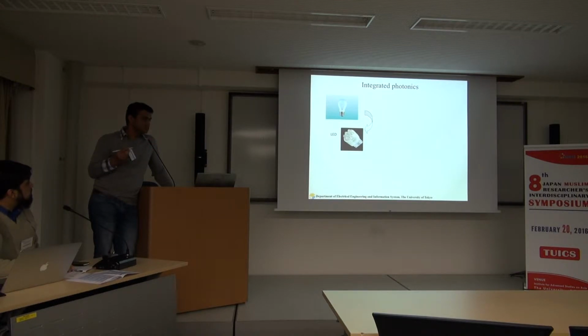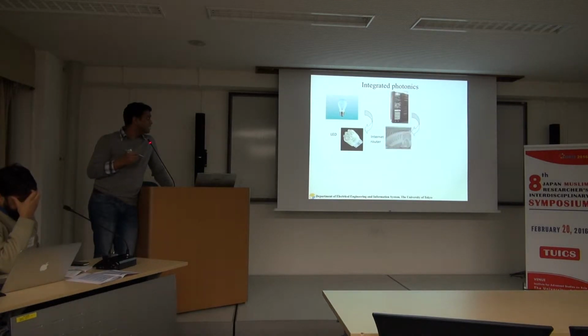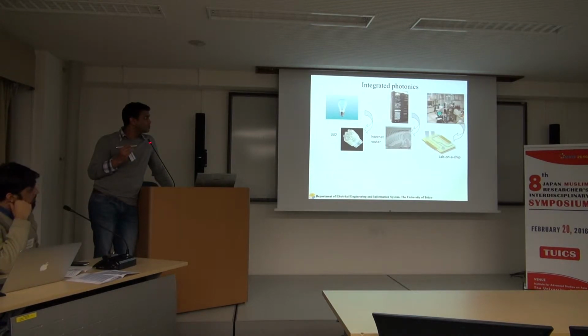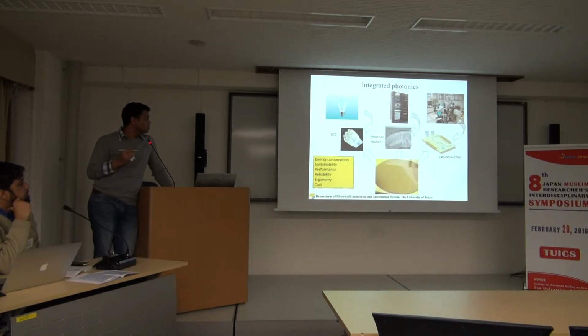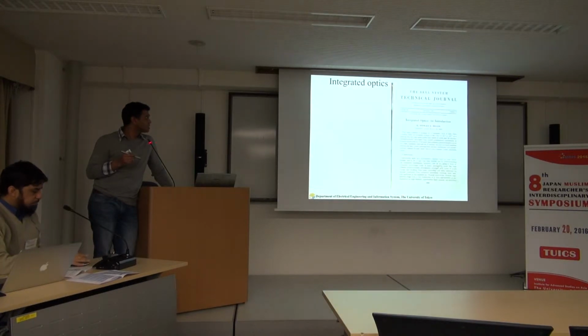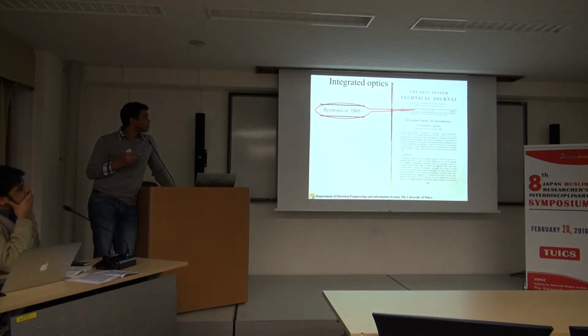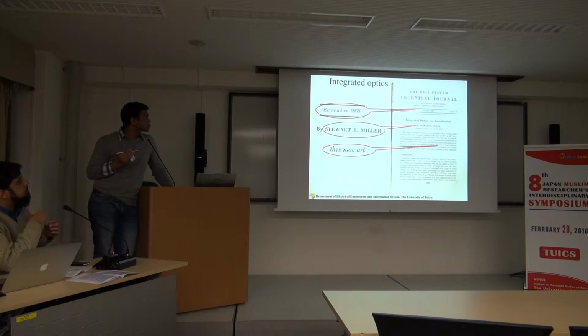So what is the success we have achieved till now? We have the LED, we have routers which are on chip. We have a lab on a chip, wherein you can detect some diseases using light on a chip, which is around 1 centimeter by 1 centimeter. So again, you have the energy, you have some of these equations which play, which is cost, ergonomics, sustainability and stuff like that. This is the paper wherein this word photonics was first mentioned, and if you look at the date, it's quite long back. So it's around the 1960s.